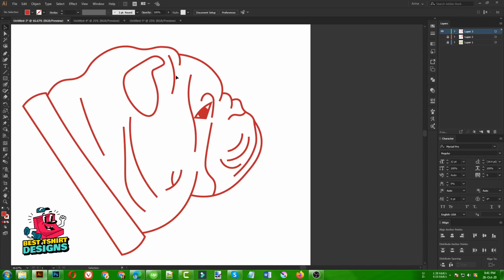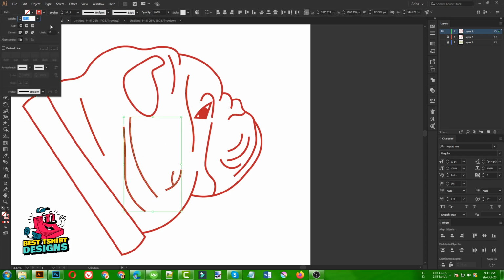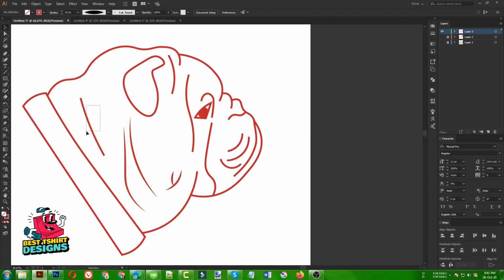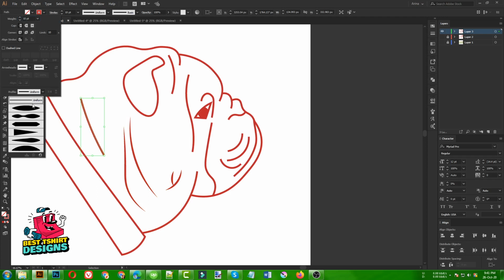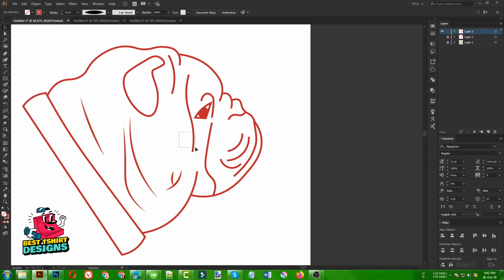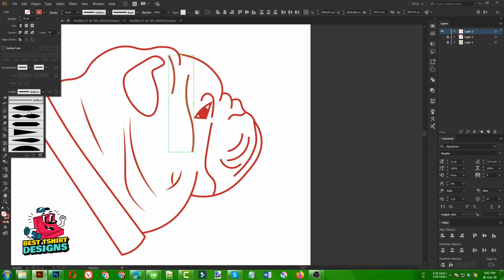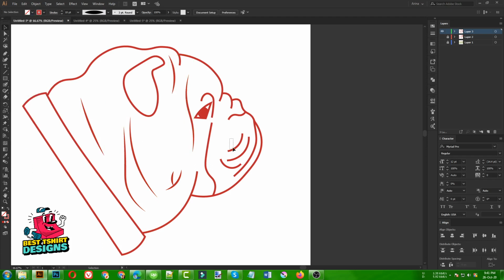For the small details, like the small shapes or small lines that we drew inside the design, we can simply change them. If I select these strokes, we can use this option for the strokes, and it will instantly look good, or I think they look good this way, not like the straight lines. If I use this option for the strokes, that looks better for me. So select these three again.